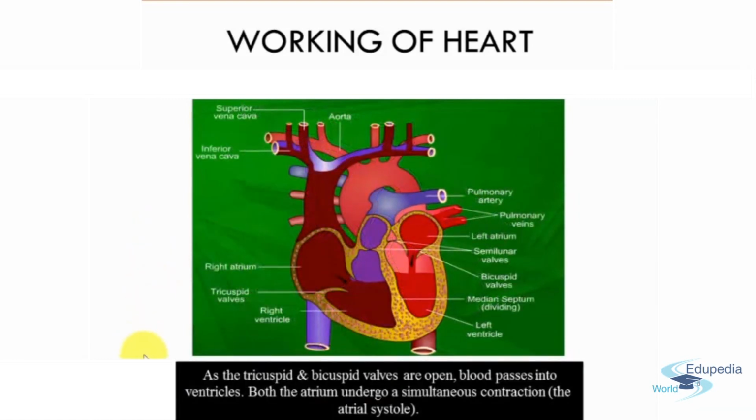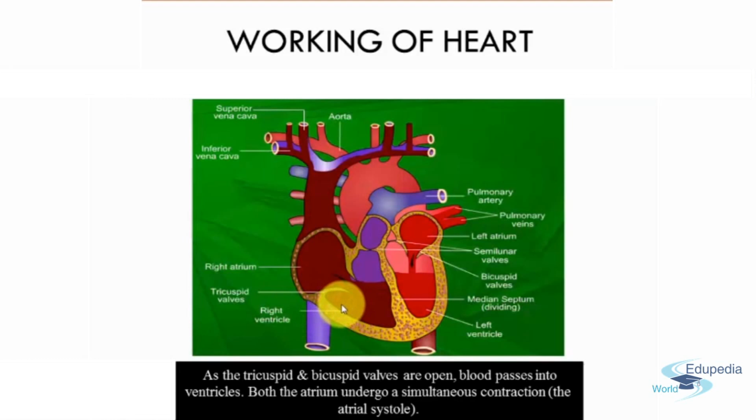Now the next one is, as the tricuspid and bicuspid valves are open, blood passes into the ventricles. Both the atria undergo a simultaneous contraction. This contraction is also known as atrial systole. You can see here the tricuspid valve is open, and here you can see the bicuspid valve is also open, and through these valves the blood passes into the ventricles, and the atria undergo simultaneous contraction,